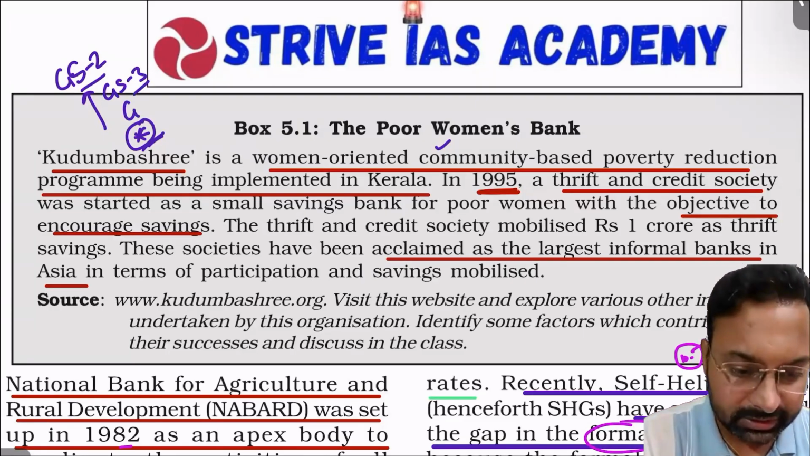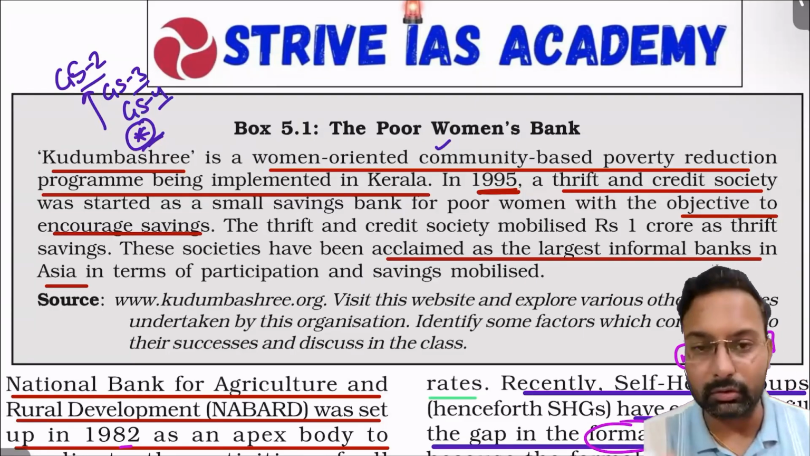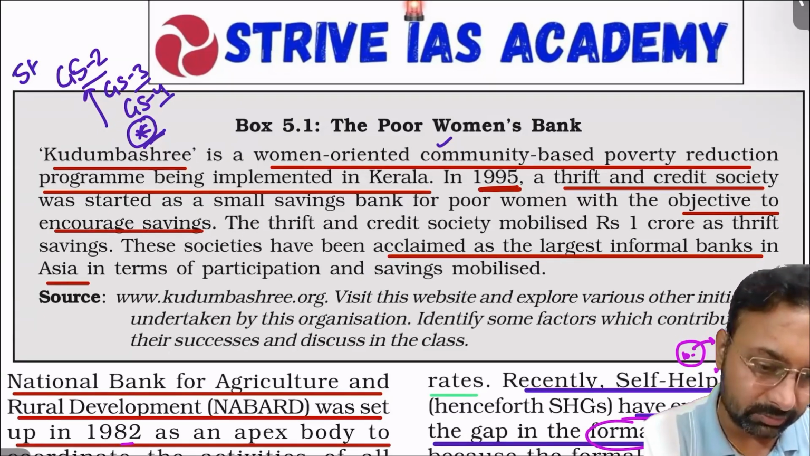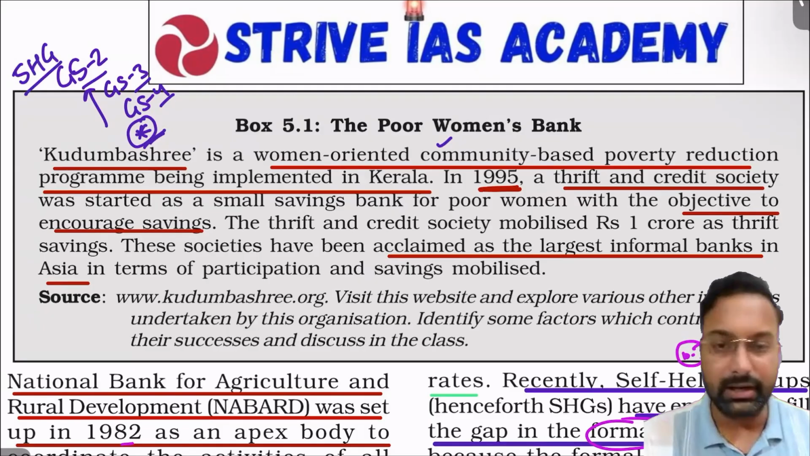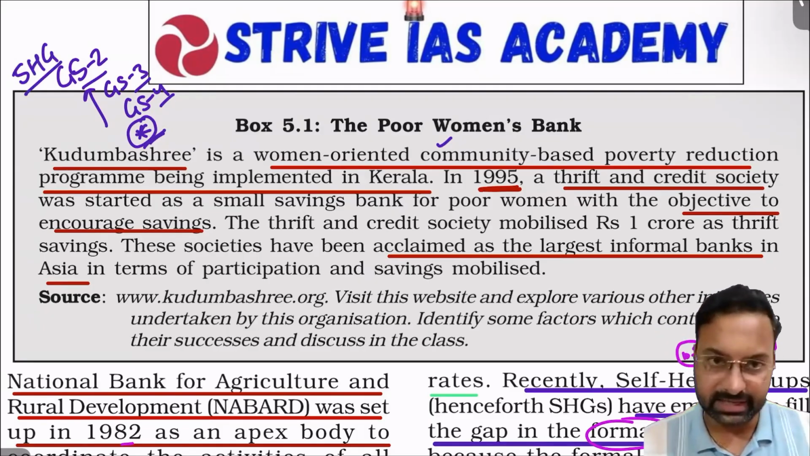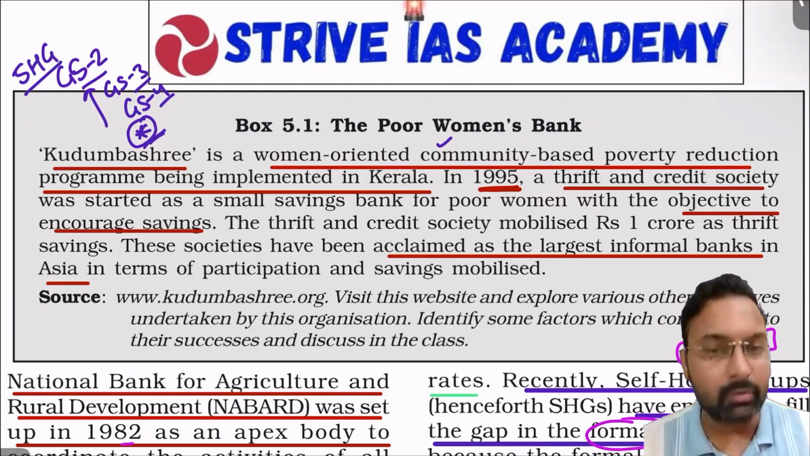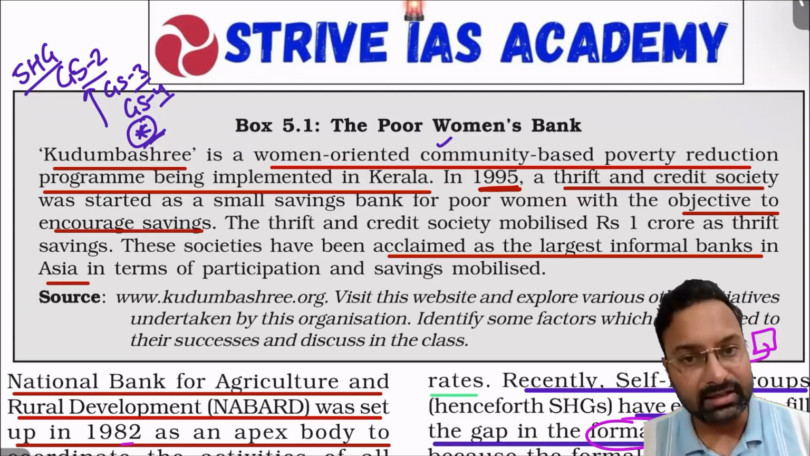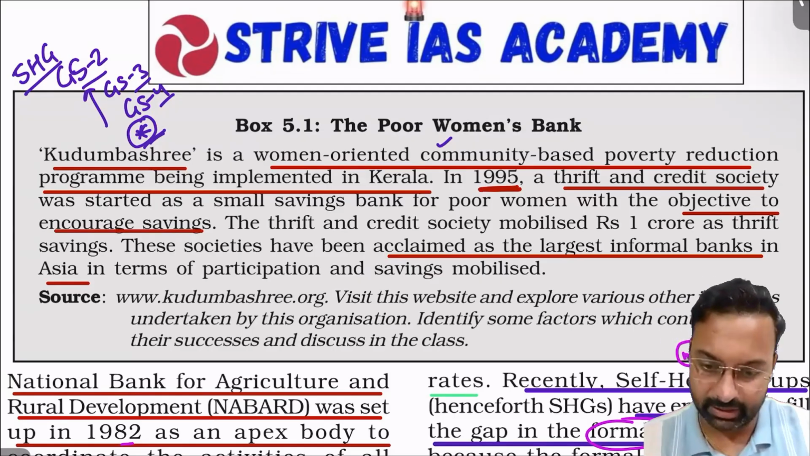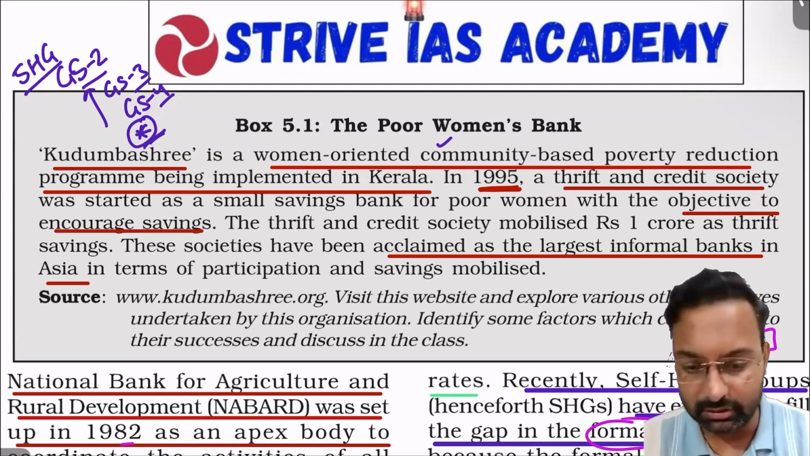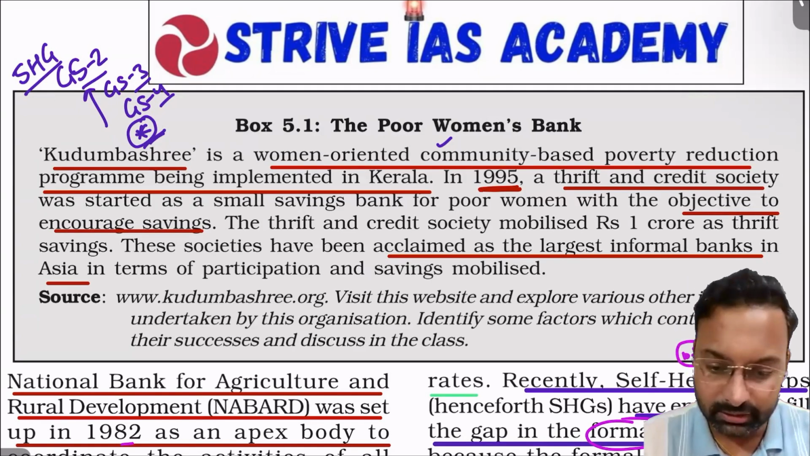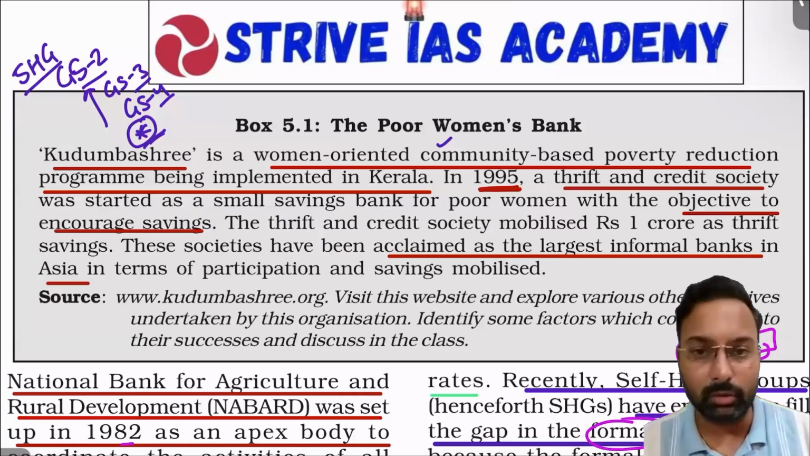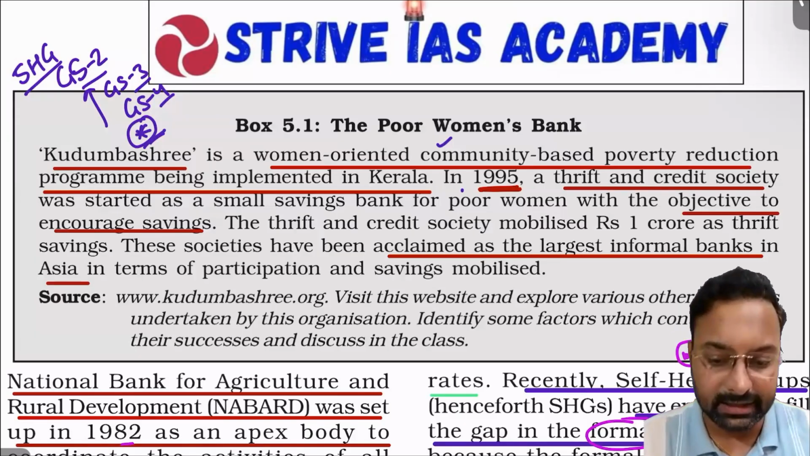And not only this, GS4 also, ethics, you can always utilize this. You can use this in self-help groups, right? So whenever a question on self-help groups, self-empowerment, women empowerment comes up, you can always utilize this example, right? So in Kudumbasree, what were those people doing? The women who were poor came together to form a self-help group in 1995, and